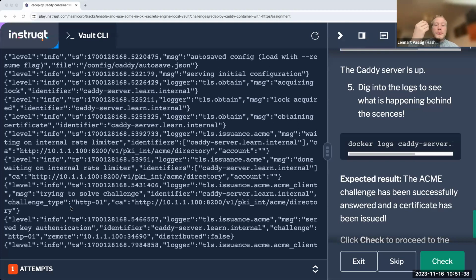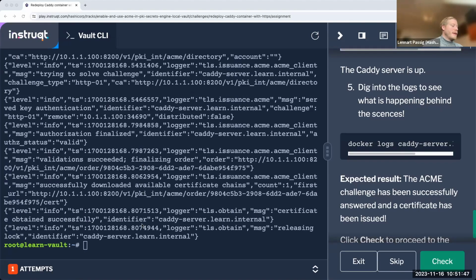Then we authenticate again, right? And eventually what we should see is something like successfully downloaded available certificate chains, respectively, certificate obtained successfully. That should be what we see right here.